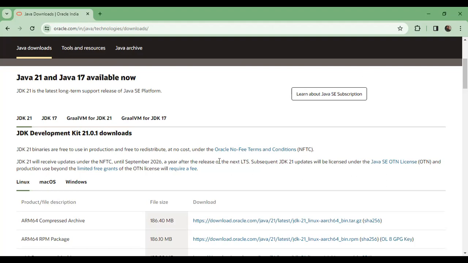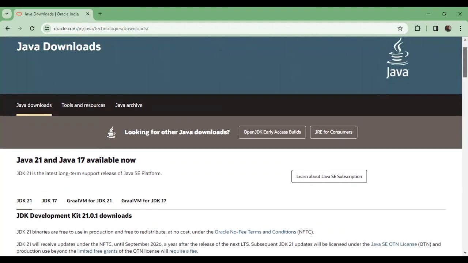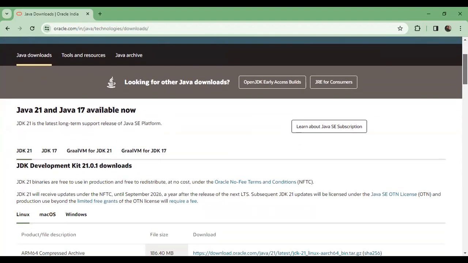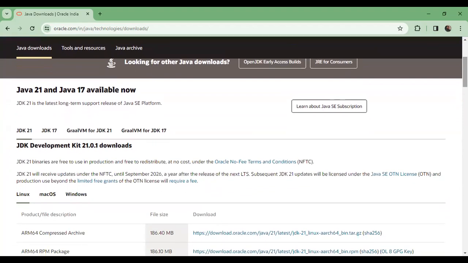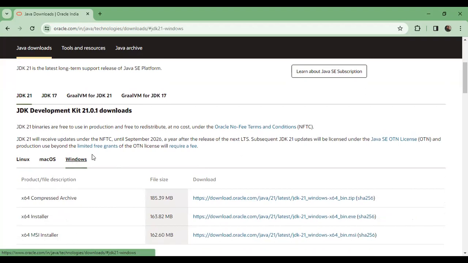Yes, sir. And here, there are many people who, when they click on the download button, automatically see options like Learn about Java SE Subscription and Download OpenJDK, and unnecessarily they click each and every button. Don't do it that way. Here three tabs are available: Linux version, Mac operating system, and Windows version. For that purpose, just select Windows only.